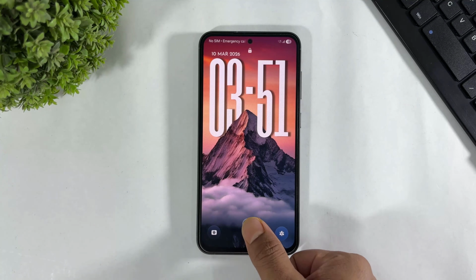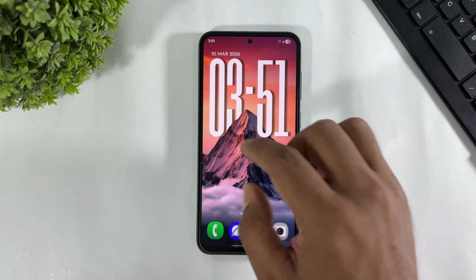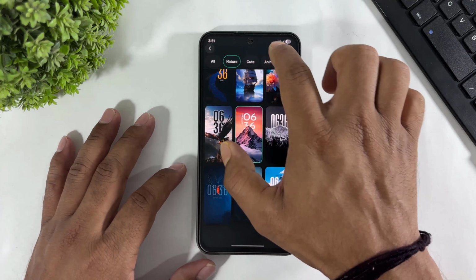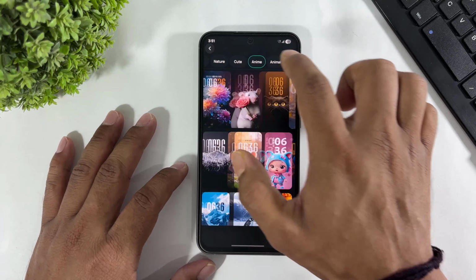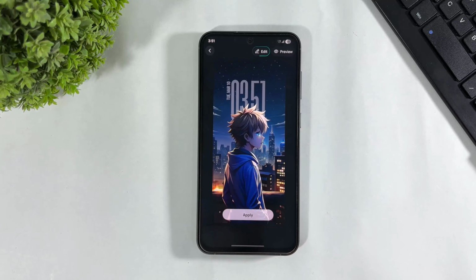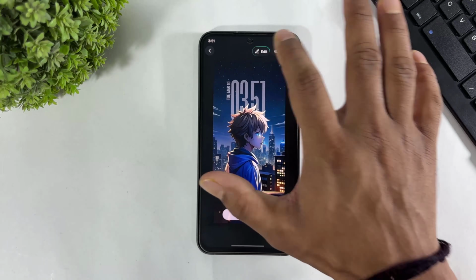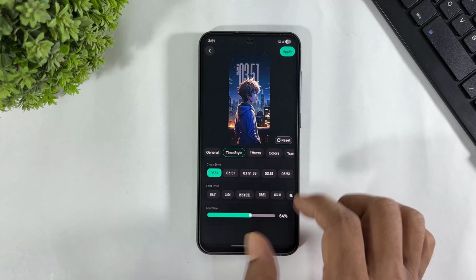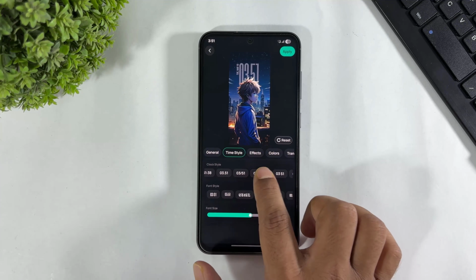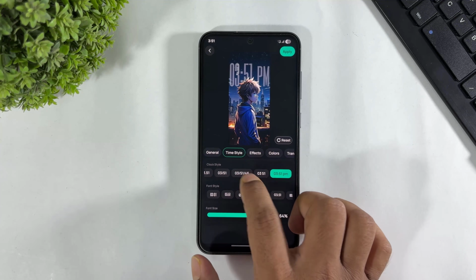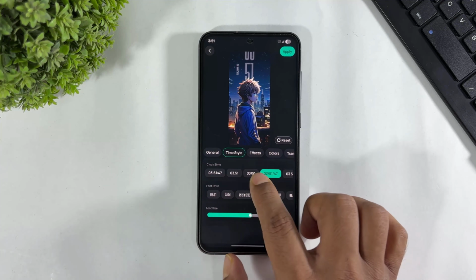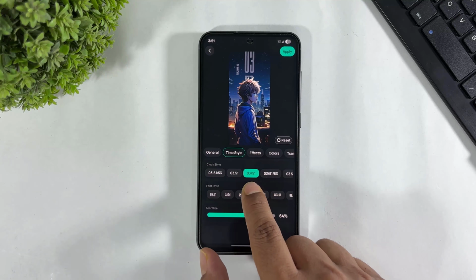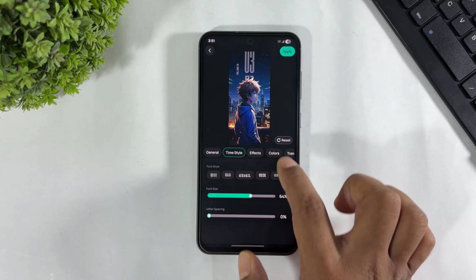Okay, let me show you the last one, a vertical clock. Simply tap on anime. Now look at this. Tap on edit. First, tap on time style and select vertical clock like this. Look at this. Select this vertical clock. Now